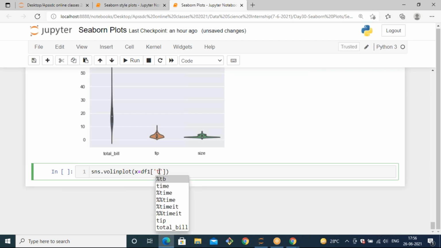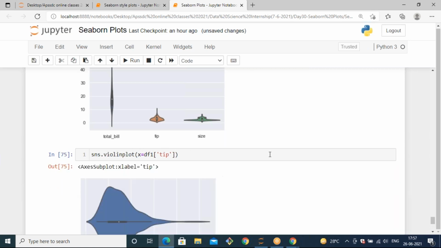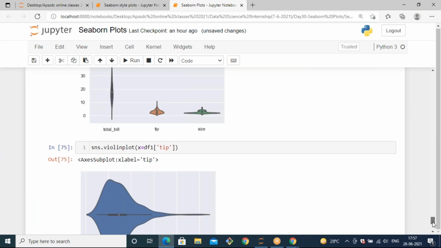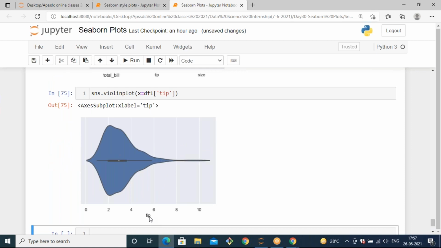So df1 of, we can take any other feature from there. I'm just taking tip, and you need to specify the data also. When you directly access it, you don't need to specify the data. And if you specify only x equals to tips, then in that case there is a spelling mistake. Yeah, in this case you will get a violin plot for the tip column only, the tip feature only, and this is taken with respect to the x-axis, and based on the density, it will generate a kind of curves.